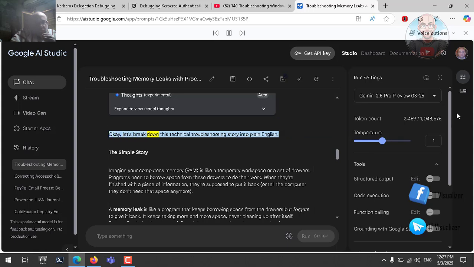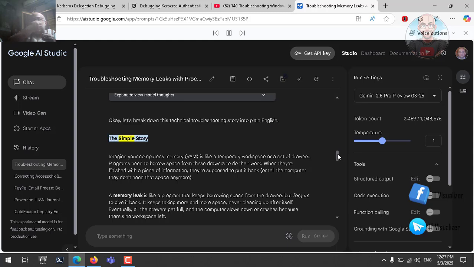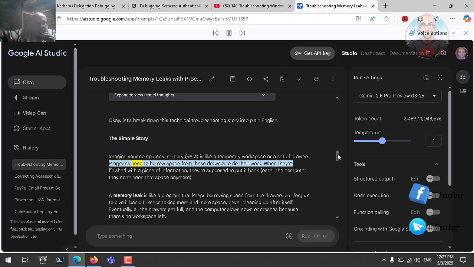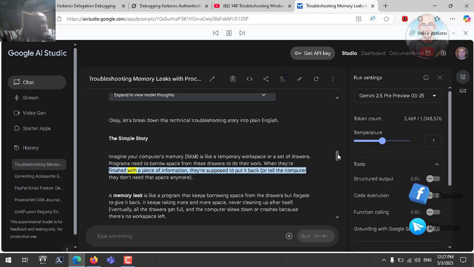Okay, let's break down this technical troubleshooting story in plain English. The simple story: imagine your computer's memory, RAM, is like a temporary workspace or a set of drawers. Programs need to borrow space from these drawers to do their work. When they're finished with a piece of information, they're supposed to put it back or tell the computer they don't